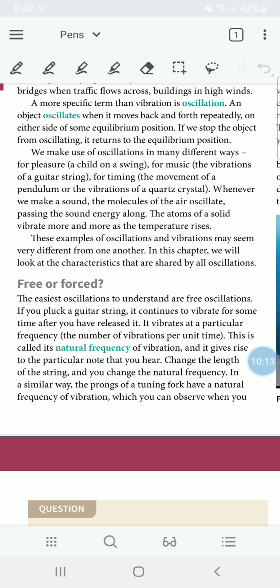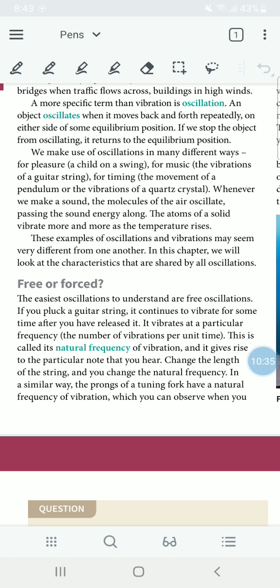So it continues to vibrate for some time after you have released it. It vibrates at a particular frequency, that is, the number of vibrations per unit time. This particular detail is known as the natural frequency of vibration, right? And it gives the note that we hear.